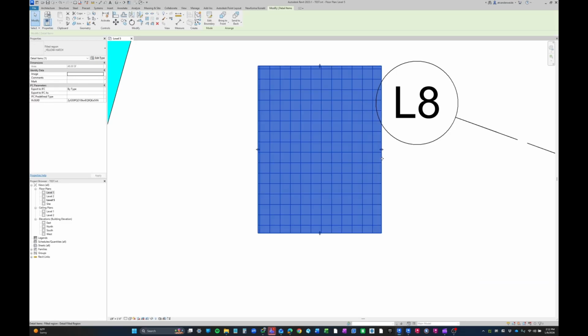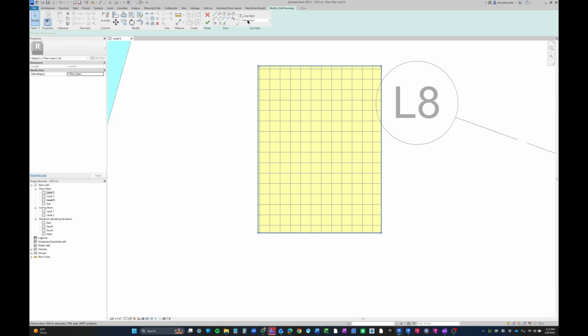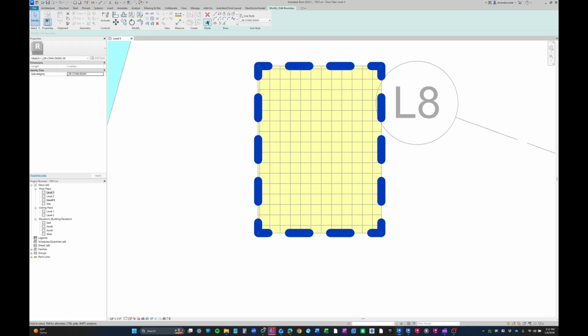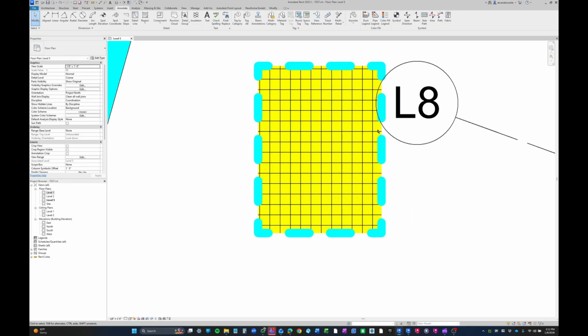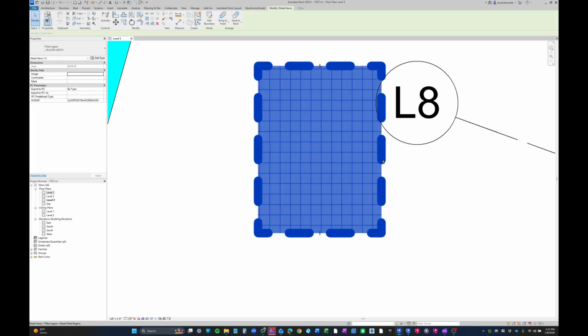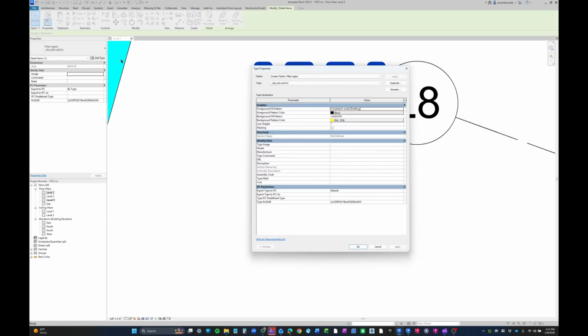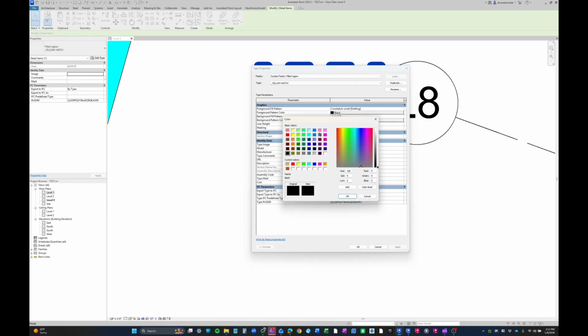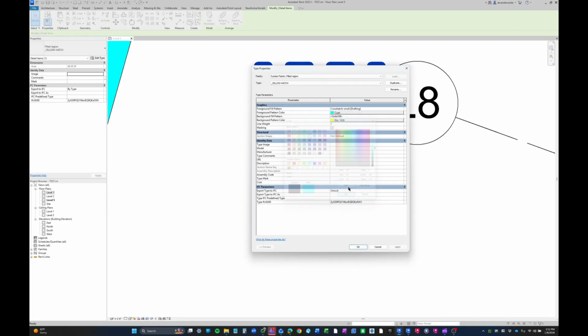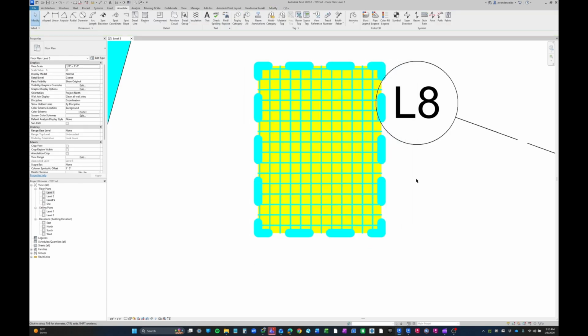And as mentioned earlier, you can double click into that region. You can change the different types of lines. It won't actually change the pattern. If you want to change the pattern, you'll have to go back to edit type, and you will have to change the color. And I believe, yeah, you can change the line weight of that pattern. So I'm just going to make that 3. There we go. Now we have a hatch with a cyan blue at thickness 3 hatch line with a yellow